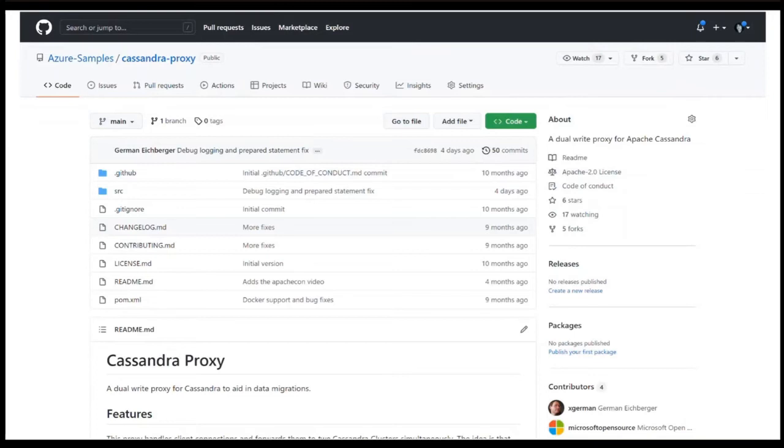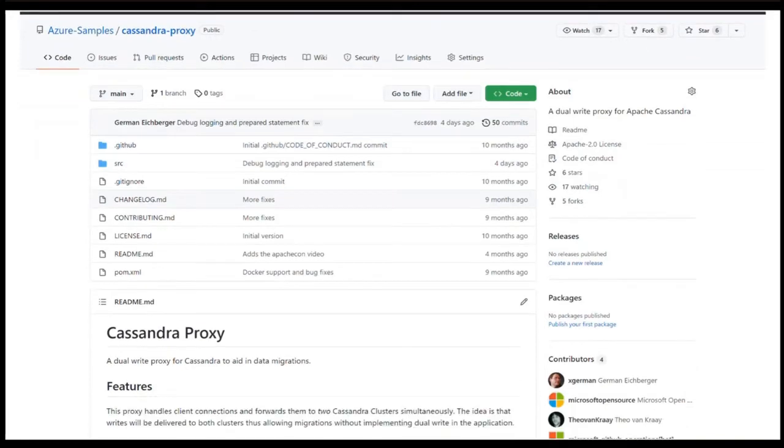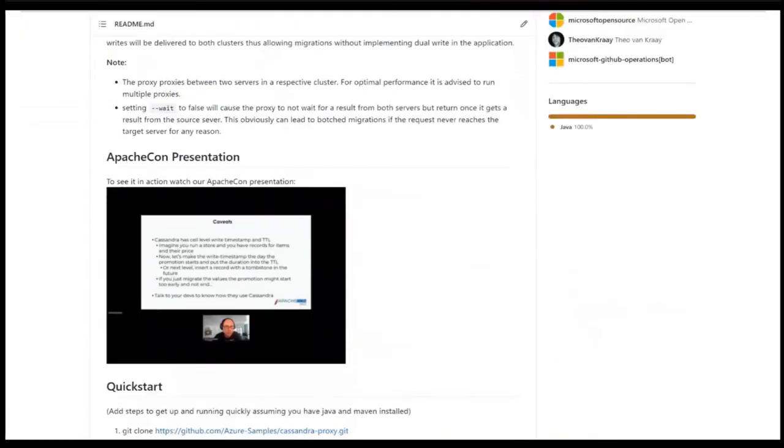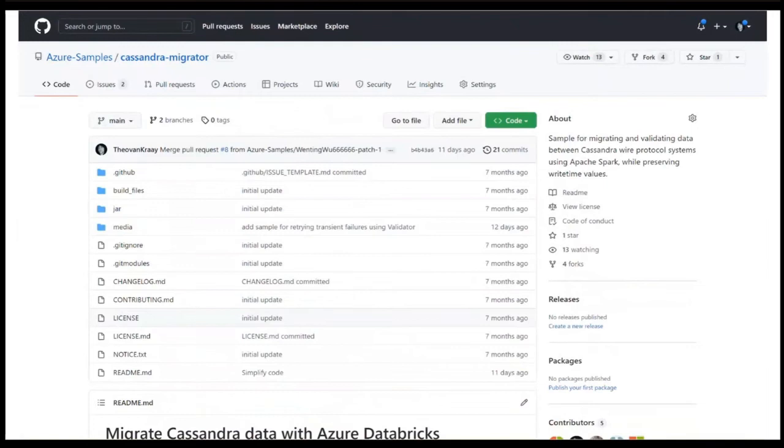Sorry, it will route the requests both to the source database, your current database, and asynchronously to the target database, and all your application needs to do is change a port. What I'll also be showing for the historic data copy is another sample called Cassandra Migrator, which uses Apache Spark and the Cassandra Spark connector to do the historic data copy. You could also use this process